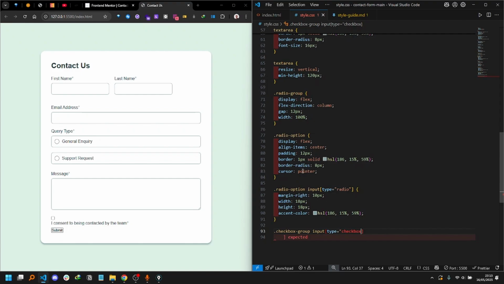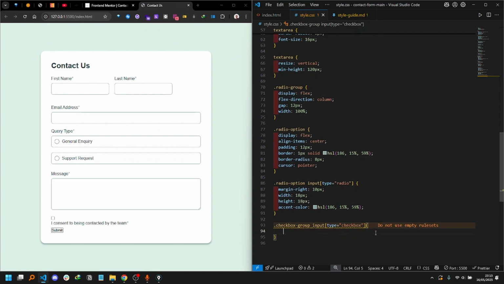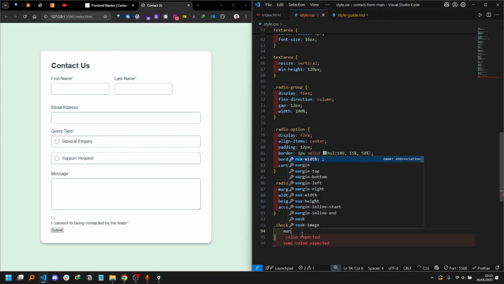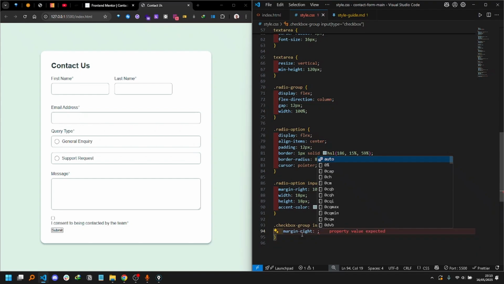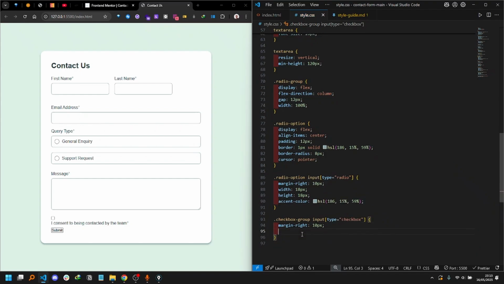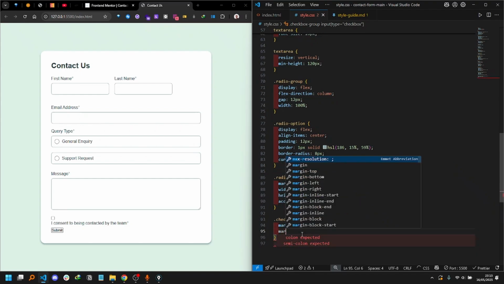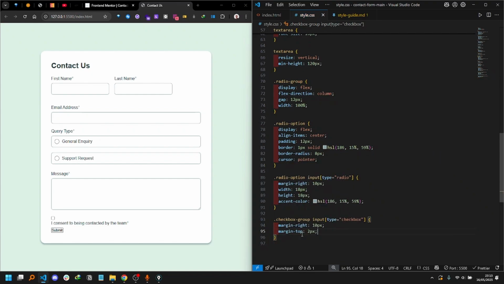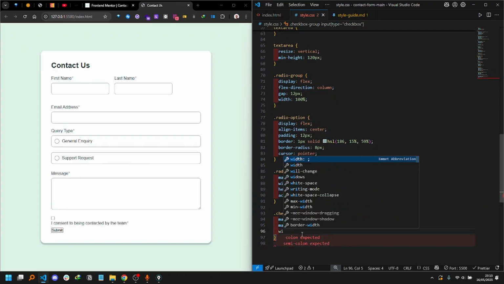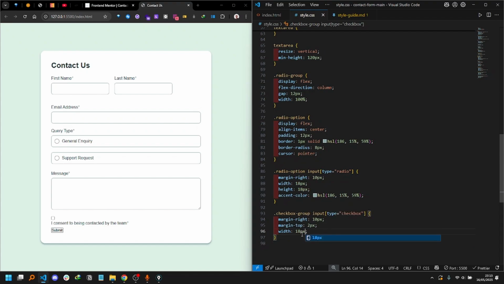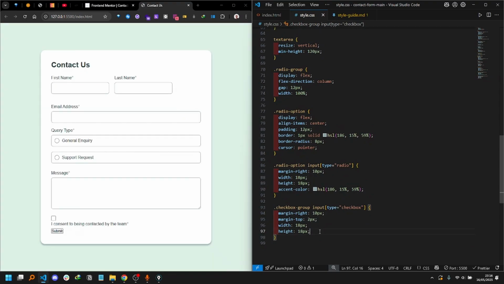Checkbox. So we're going to target this style and then we're going to move into this checkbox that is within this container with that style, right? That's why we are naming it like that. So we're going to put a margin right of I think 10 pixels, still consistent, and then margin top of 2 pixels. Width and the height is still going to be 18 pixels, so also copy this height here, and then